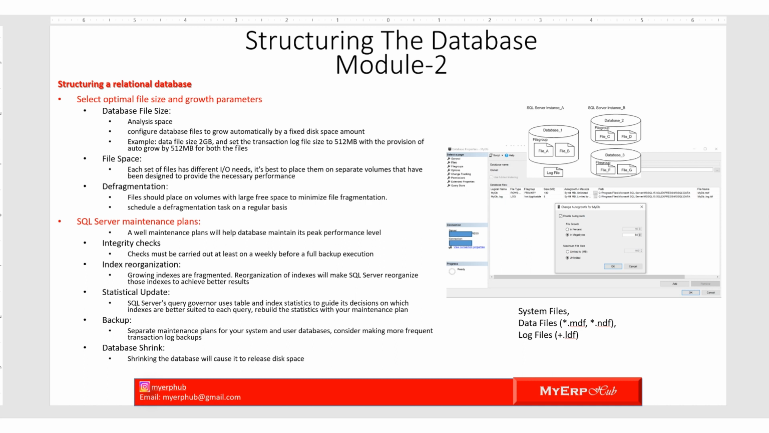So the SQL Server query governor uses table and index statistics to decide which indexes are better suited to each query. If your statistics become out of date, better indexes that would yield faster query times may not be used. So depending on how often your data changes, you should rebuild the statistics with your maintenance plan. Typical values are daily for systems where there are significant changes to table contents each day, to weekly if your